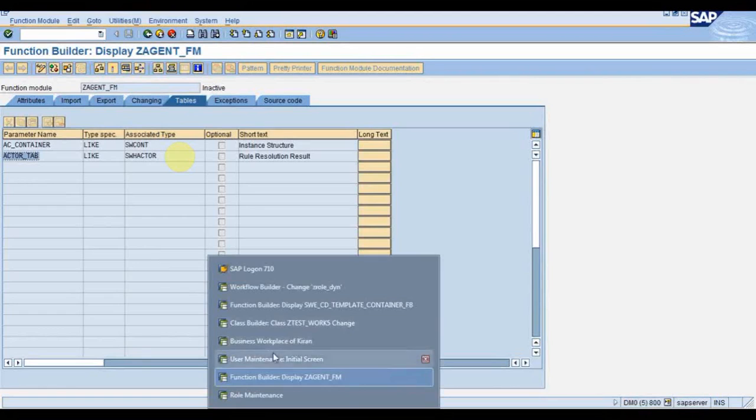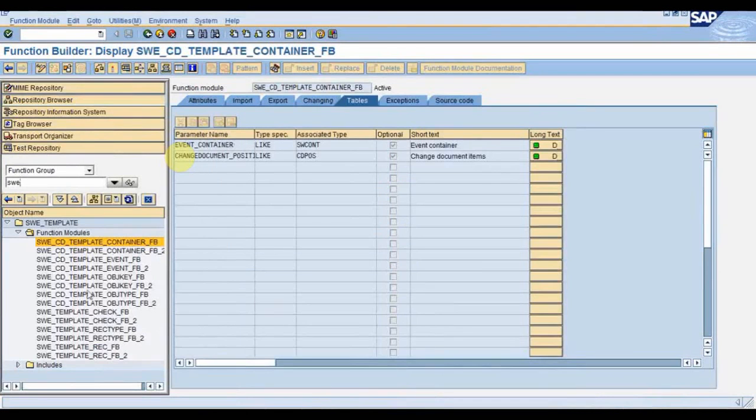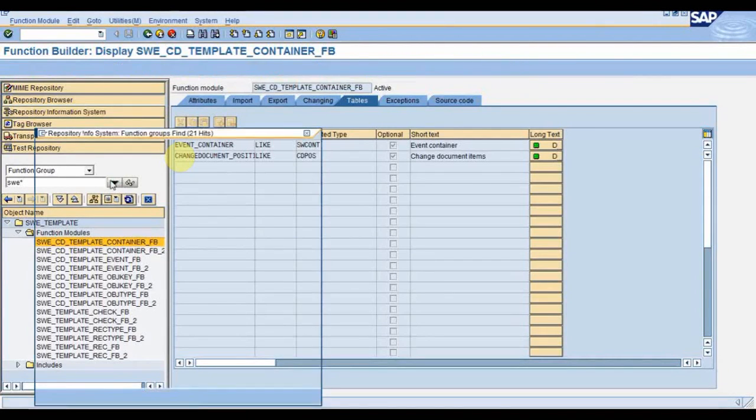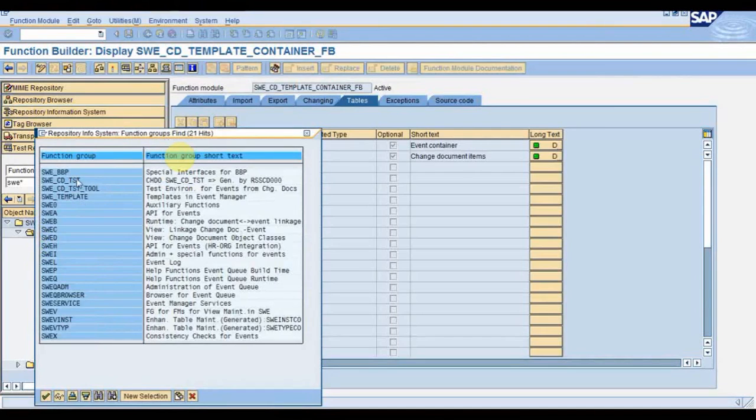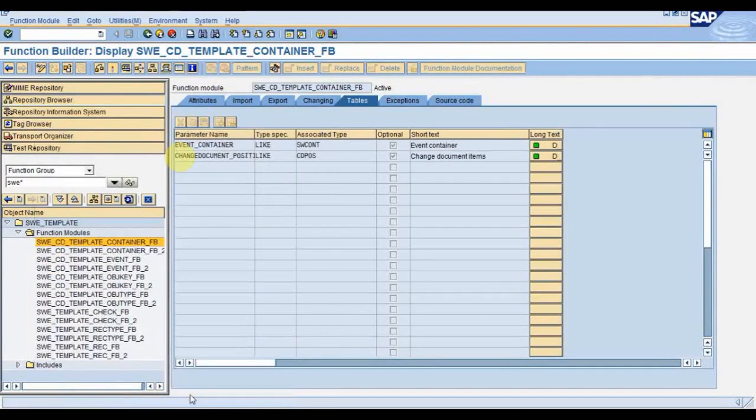I have just forgotten that particular function group name, sorry. I will check that and let you know tomorrow what that function group name was. This is actually for this event's check function module. I will discuss this once I go through the events. So here we have one function module where all the SAP standard templates are provided by SAP. Through that you can come to know what all mandatory fields should be there. So I will check that and let you know tomorrow.